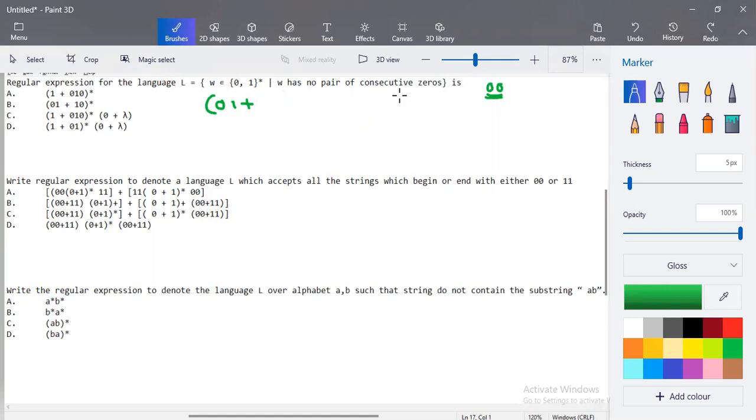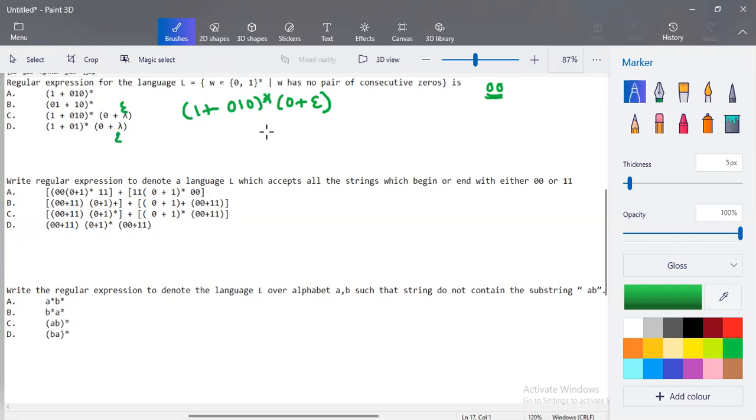So third option, listen to the third option, you have lambda. Lambda is another denotation for epsilon. Okay, some of the time in your UGC questions, you may have a lambda representation for epsilon. Please make a note of it when you are solving it. Okay, so we'll take the third part, that is 1 plus 0, 1, 0, the whole star. So either 1 or 0, 1, 0 occurs any number of times, followed by either 1 or epsilon. So this is the condition. Okay, so this occurs for n number of times.